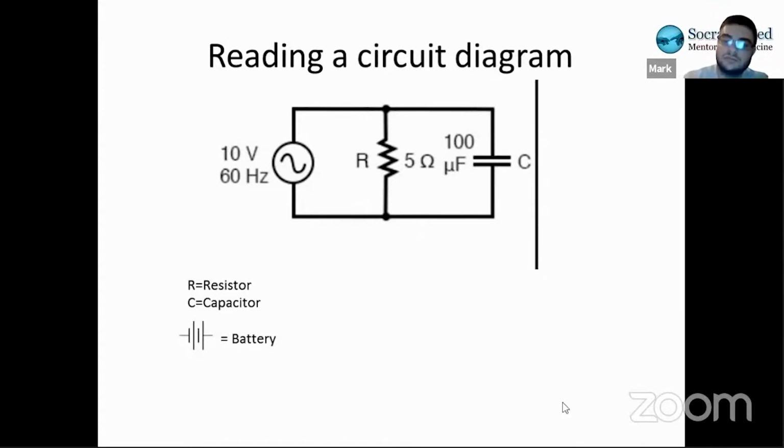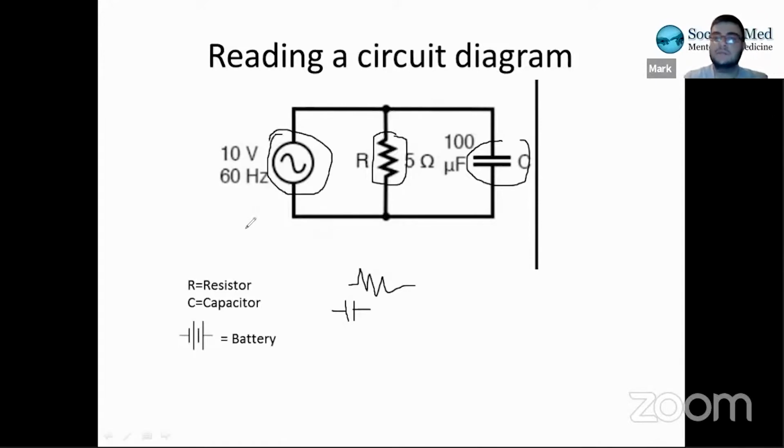And here I've included a picture where this is a resistor. This is what it looks like. It's a squiggly line like this. Then this is what a capacitor looks like. It looks like a plate, right? Looks like that. That's how you know it's a capacitor. And then you also have a battery, which can look like this here. This is a specific type of battery. I believe this is an AC/DC battery, but most batteries or voltage sources that you'll see will actually look like this,